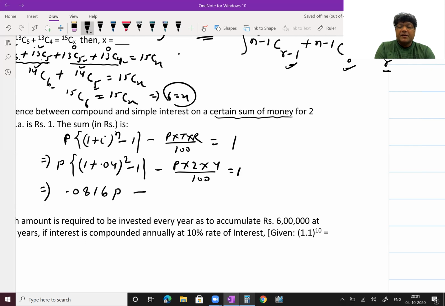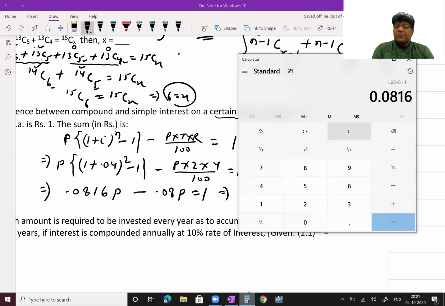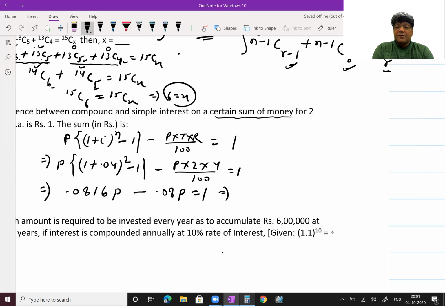0.0816 P minus 2 for the 8 by 100 is 0.08. P is equal to 1. So this implies 0.0816 minus 0.08 is equal to 0.0016. This is equal to 1. Wait, guys. This implies